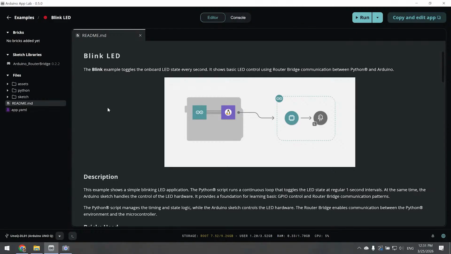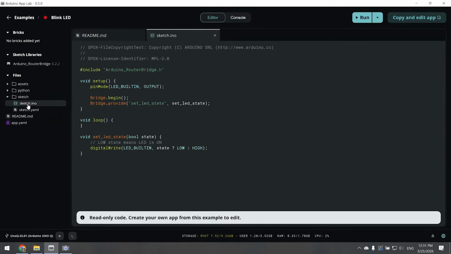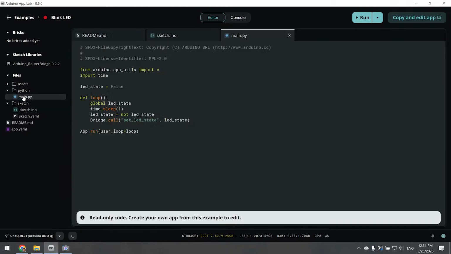Each app that you build, you have your traditional sketch. This doesn't change. You know, this is the sketch for a blink LED. You can run this if you want. You also have Python, a nice interesting addition to connect to Linux in your computer. And then you have the bricks, which, as I mentioned, are the pre-packaged